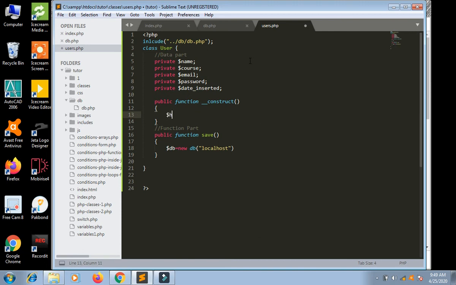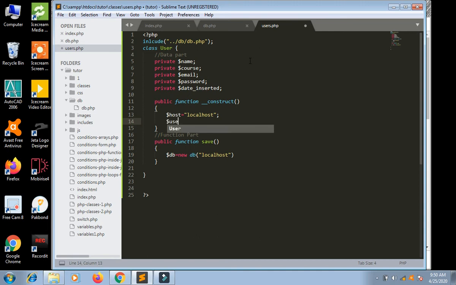Dollar host is equal to localhost. We should have some common settings, but for individual files we can save them in some file and include that file and use it, but for now we are using it like this. Localhost, the MySQL is installed locally on my computer, so this is localhost.